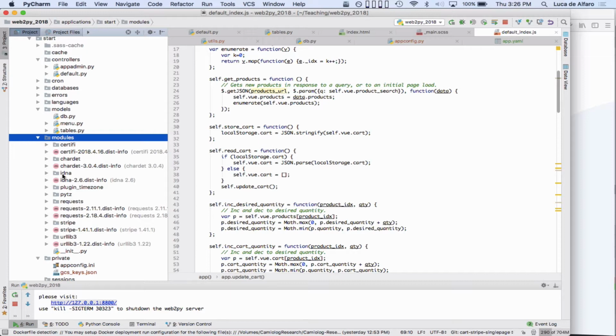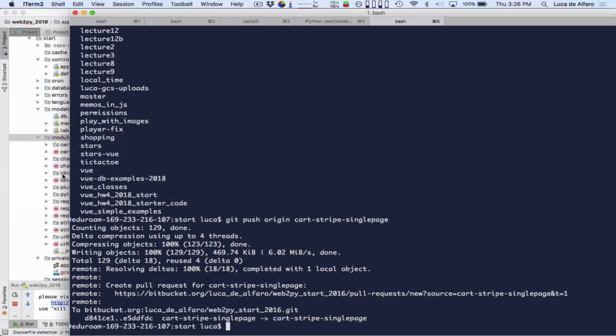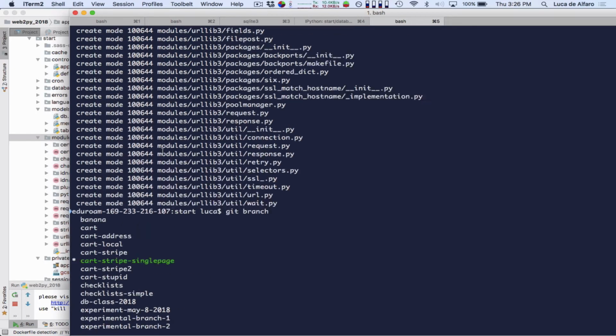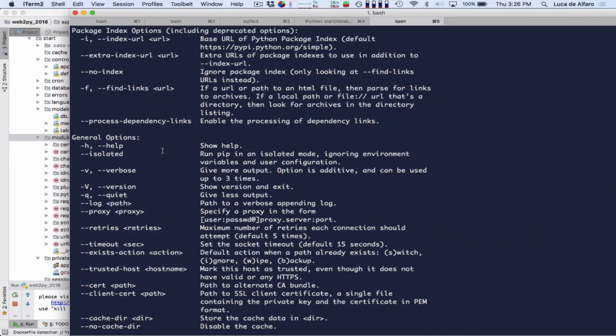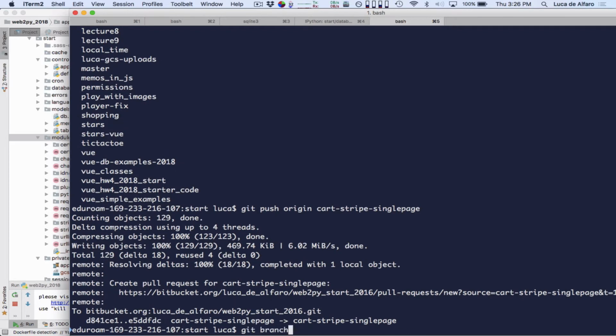So if you want to install modules in such a way that the people who use your application also have them, you have to put them into this modules directory. And the way you do it, I have it here because I just did it before coming to class, is this. For requests, I think I have too much history. But the command I gave is